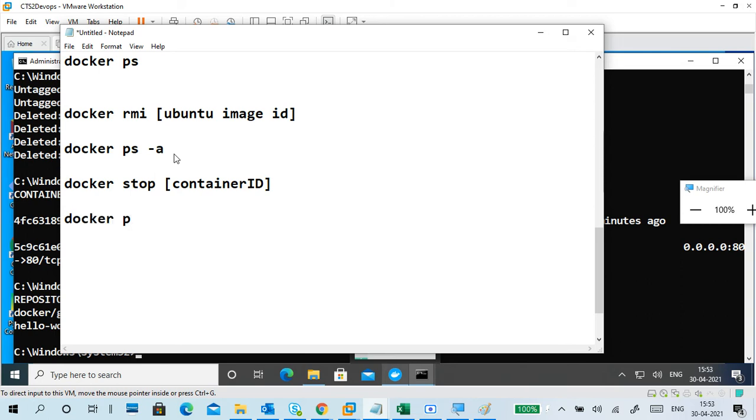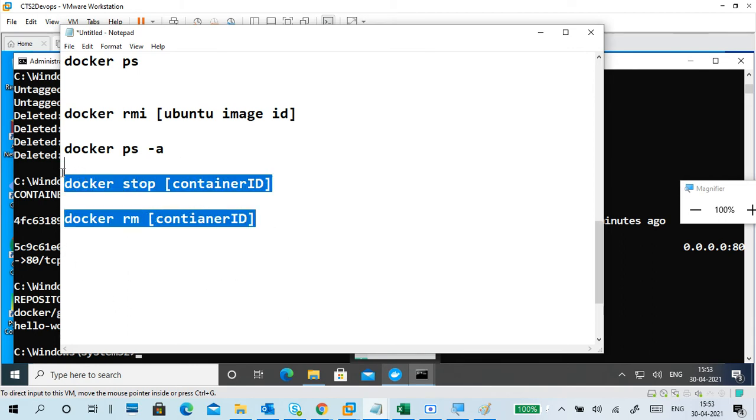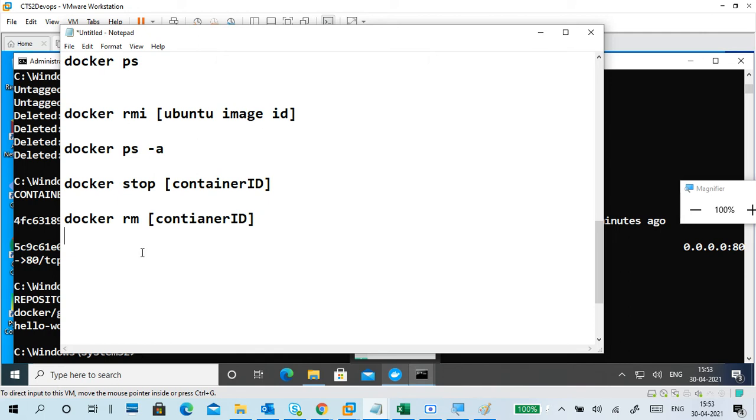How to check the ID. Okay. Next, what I did, docker remove with the container ID. It runs in the background, that's why. Next, same steps again. Repeat the steps.